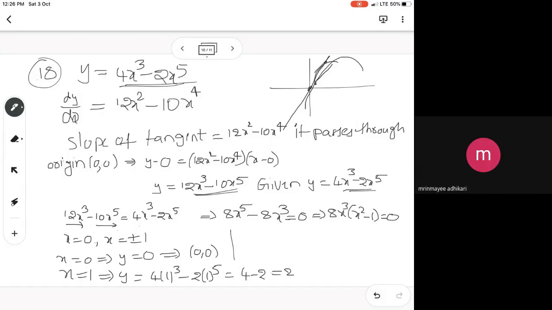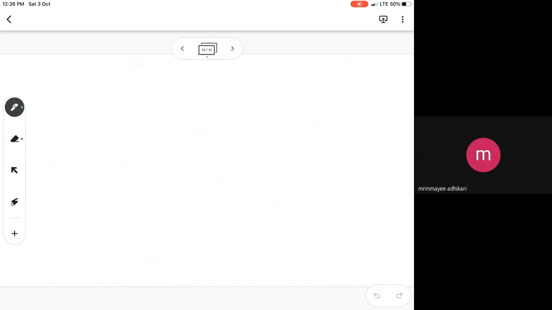Yes, sir. So this is one problem which is different. And 19th problem, whenever you said parallel to the x-axis, that you have already done. And 20th problem, some variables are given. Equation of the normal to the point. A point is given. So that means you can do it at that point. The problem is a little lengthy.